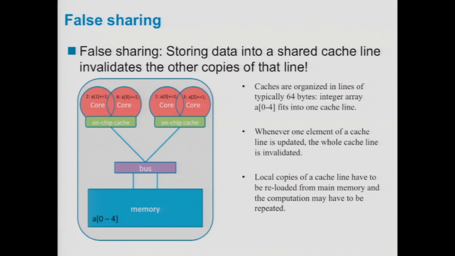So pictorially, what you end up with is in the main memory, you have one cache line. It goes across the bus. All the threads are requesting it. And if each one is touching a different element of the cache line, it ends up bouncing around all over the place. So in general, what that means, or what was shown earlier, private copies of things for OpenMP is a very good idea. Semantically, you may not need to, but from a performance standpoint, it's a little bit like MPI. Things work better when you have your own copy,